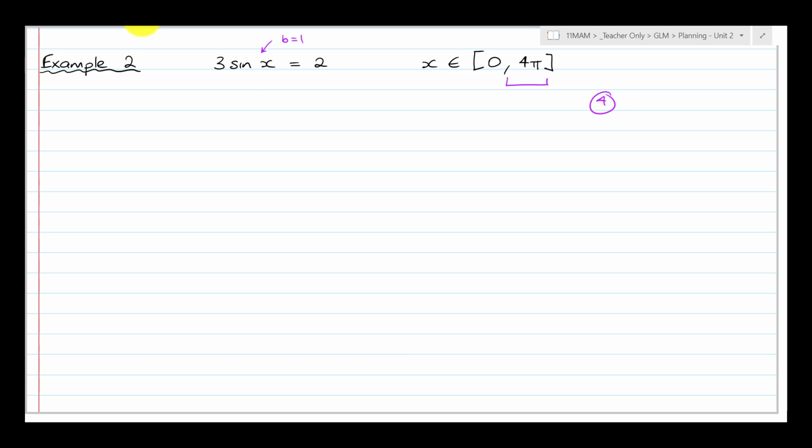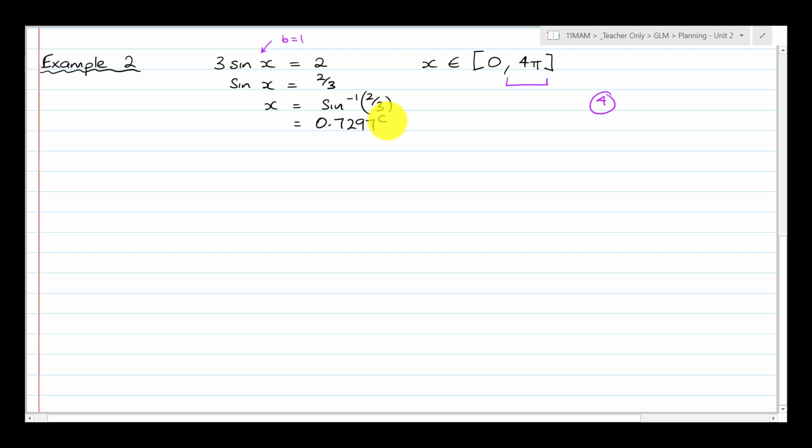Let's do this equation now, though. Step 1, rearrange so that sine x is just equal to a number, 2/3. Step 2, solve sine inverse of that number on your calculator or using exact values, but this doesn't have a nice exact value, so I'm going to have to do it on my calculator. And so that will be shift sine of 2 divided by 3 in brackets there, and I get a value of 0.7297